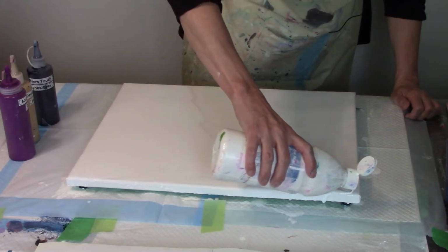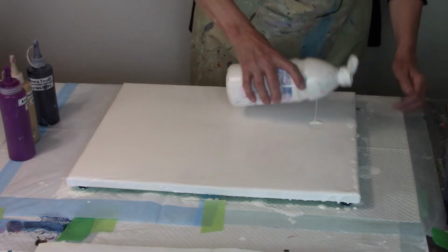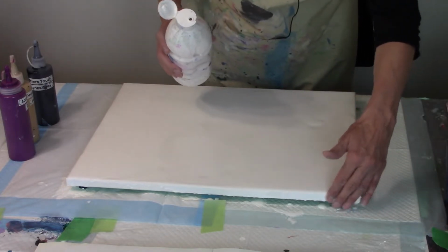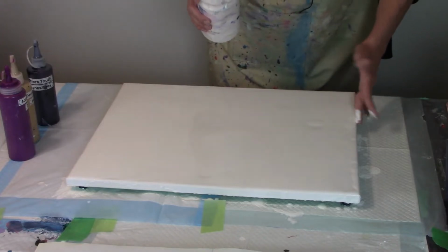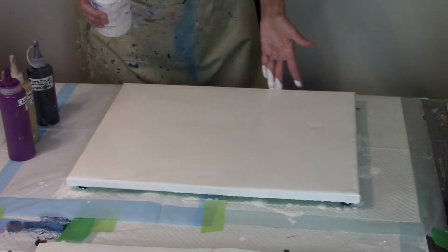Just gonna cover the spots that I see now. I know there'll be a lot of blowover as well, but I want to make sure that the sides get covered well, because if they don't, then the paint just gets stuck. And sometimes it's okay if it gets stuck on the top. You know, I'll actually scrape the paint off in order to keep it from going down. But I'm going to do a Dutch pour tonight, so